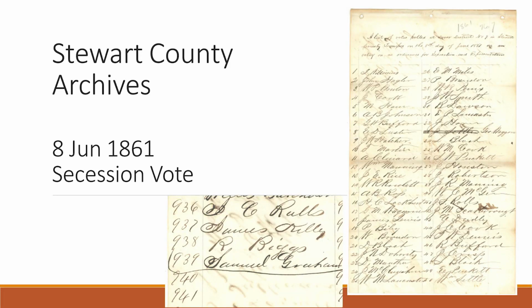Countywide in this particular election, February of '61, there were about 1,000 votes cast. But historians in the crowd will know that after this vote, when Fort Sumter was fired upon, when Lincoln called on Southern troops to put down a Southern rebellion, Tennessee said, "Wait a minute, we want to vote again." So there was a second vote in June of '61. I show you the results that we found at the county archives for the same district. Only a few months later,